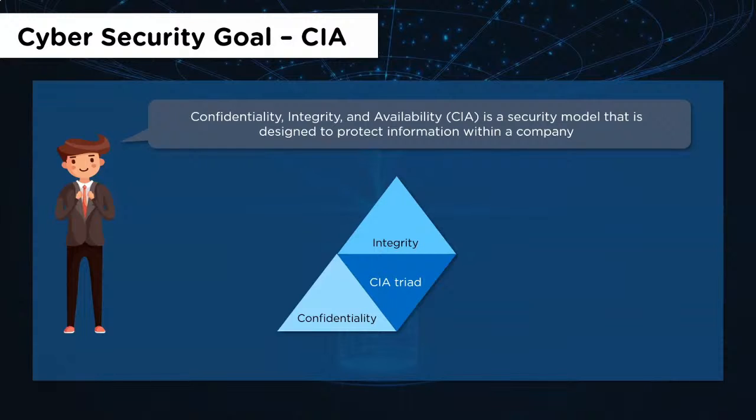Now, when you're accessing that data, how can you be sure that the data has not been modified by a hacker? Somebody may have gotten their hands on your password. They would have logged in and accessed that data. They modified it and that data is no longer trustworthy. So how do you maintain the integrity and trustworthiness of that data? Here we use hashing algorithms, where we take hash values of certain files and ensure that the integrity of that data is assured. The third aspect is availability.